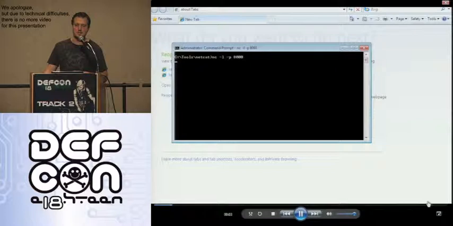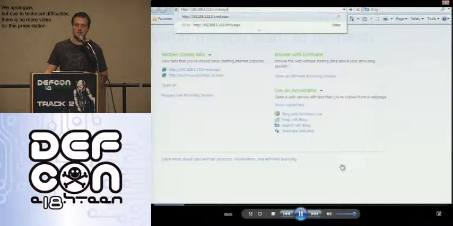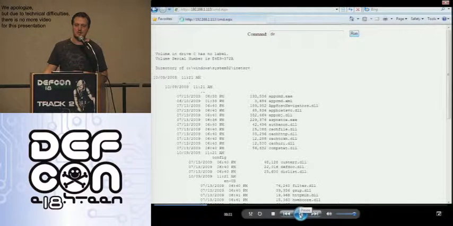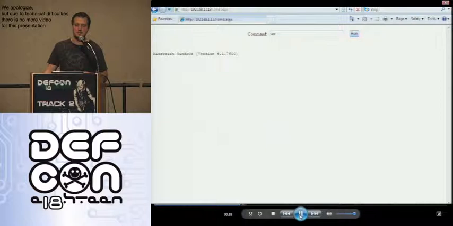I run netcat locally, and then I have access to an Internet Information Services 7.5, where I have a .NET command shell. I can run any command, and you can see the version is 6.1, which is Windows 2008 Release 2, and you can see the worker process of Internet Information Services is running under this special account called DefaultAppPool that was introduced in Windows 2008 Release 2.